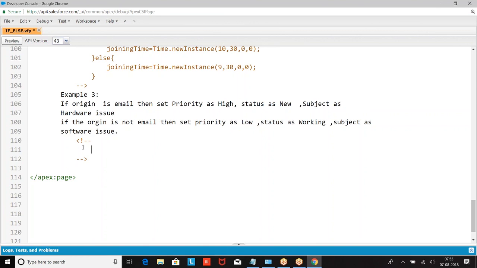Then what we define here: if origin equal to email, then priority equal to high, status equal to new, subject equal to hardware issue.